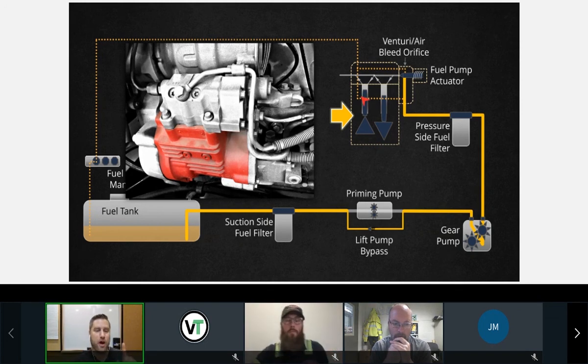What cools and lubricates the barrel plunger assemblies? We just mentioned it. Fuel. Good. So we've got fuel on the top end. We've got oil in the bottom end. So is it possible that you could have some oil in fuel issues related to the high pressure pump? Jordan asked if you need a wrench